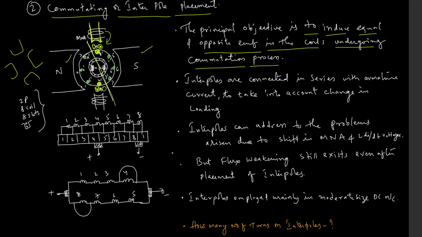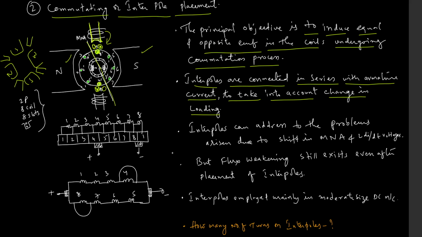1, 2, 3, 4 main poles, north, south. Then I will be having one interpole here, one interpole here, one interpole here, and one interpole here, like this, right? Now, these interpoles are connected in series with the armature current to take into account the change in the